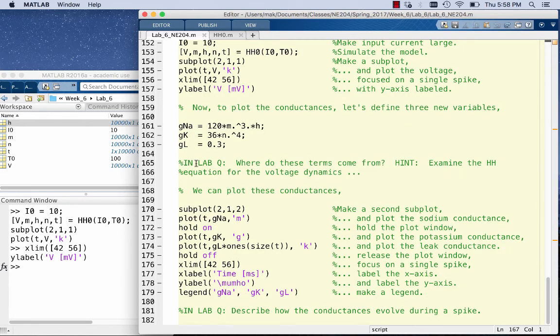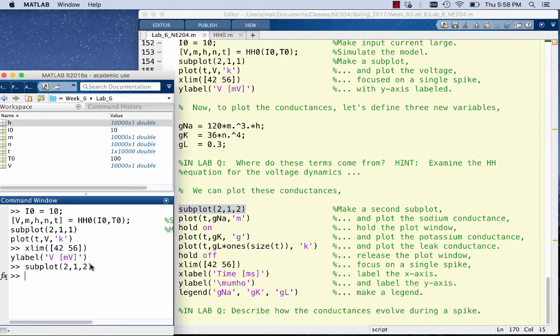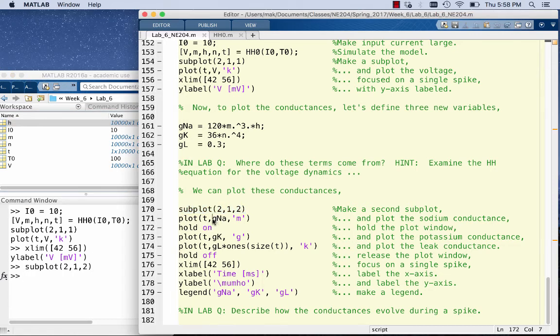Okay, so now let's plot these conductances and see what we find. We've already plotted in our upper subplot the voltage versus time. Let's plot in our lower subplot. Again, we're going to have 2 rows, 1 column. We're going to look at the second subplot. Let's plot in that second subplot the sodium conductance versus time. And let's make that